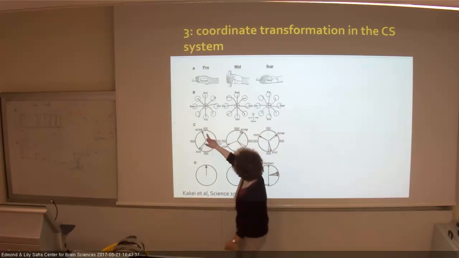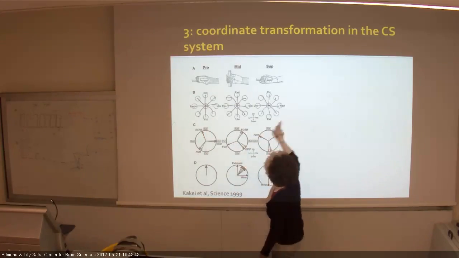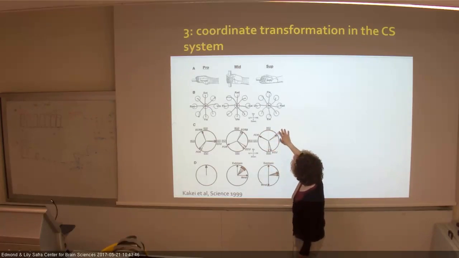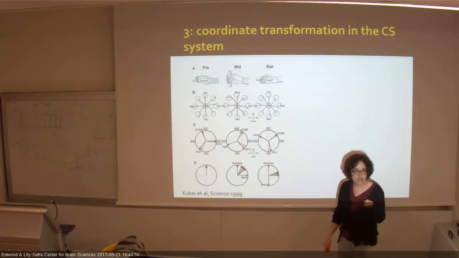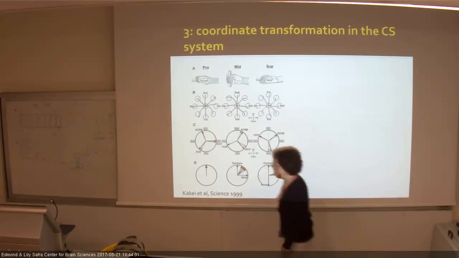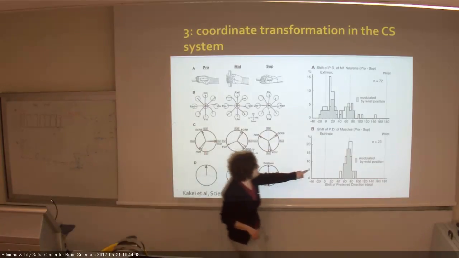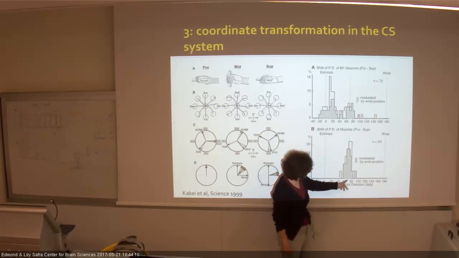You measure the preferred direction of the relevant muscles during pronation trials. Then you measure the preferred direction of muscles during supination trials, and you can measure the shift in preferred direction of muscles. Okay, and that's what they did. They measured this shift in preferred direction of forearm muscles, and you see it's about 70